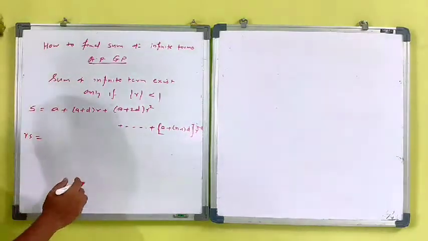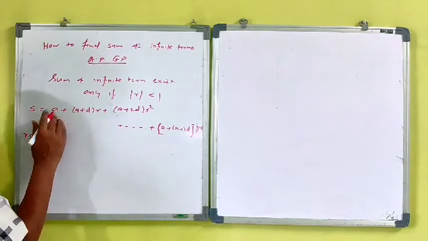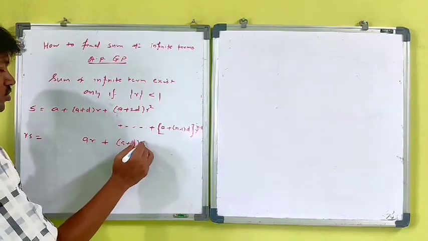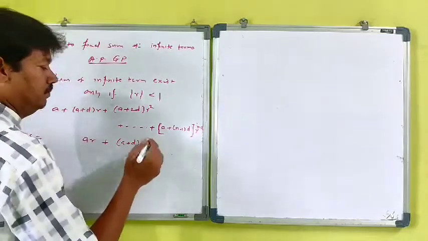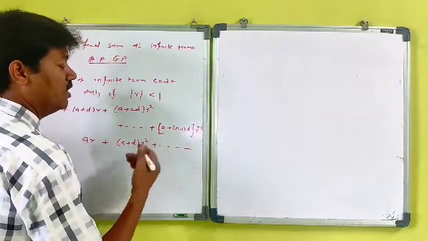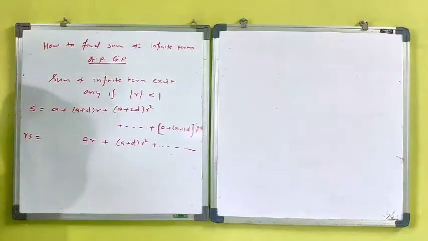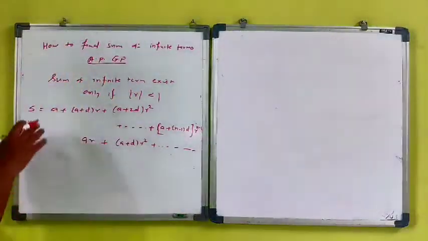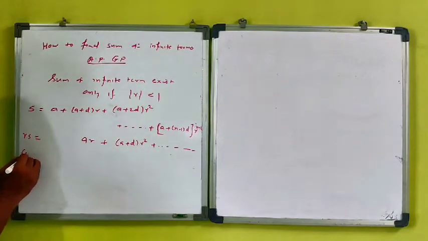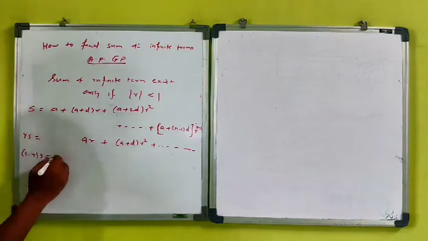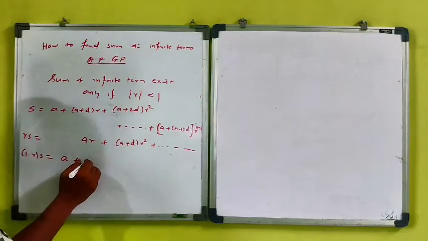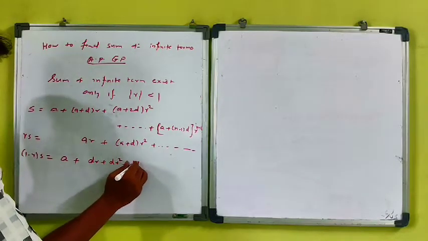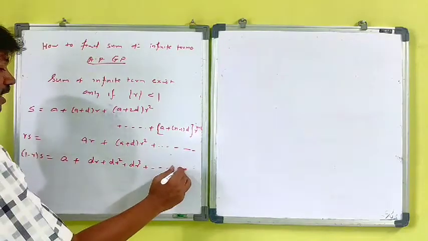Here also the same, that is a r plus d r squared. But we just ignore the last term. With the infinite series, there is no need to write the last term. Just subtract: (1 minus r)s is equal to a plus d r squared, d r cubed, like this, up to